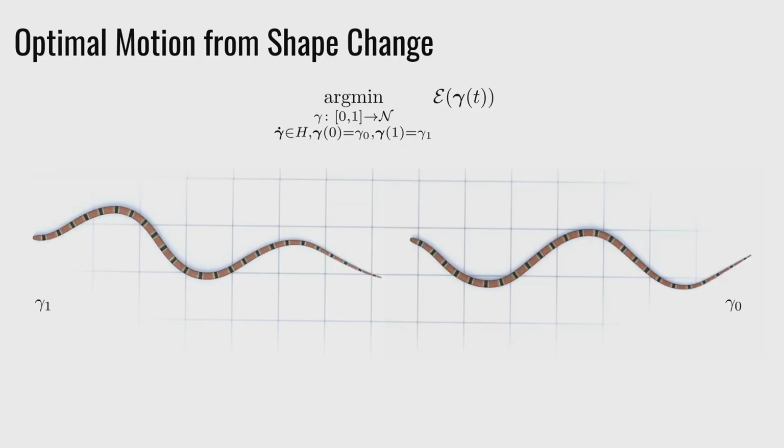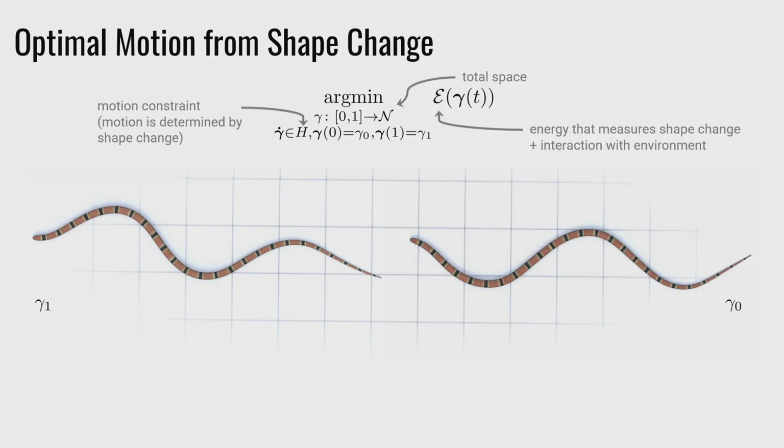And I just want to mention here that it fits in a very similar framework. So again, we minimize an energy, and this energy measures the cost for the snake to deform, but it also measures the interaction with the environment. And now we solve for a minimizer of this energy not in the shape space, but in this large total space. And the secret here is hidden in a constraint, which is a motion constraint, which I'm not going to explain in detail, but it's basically